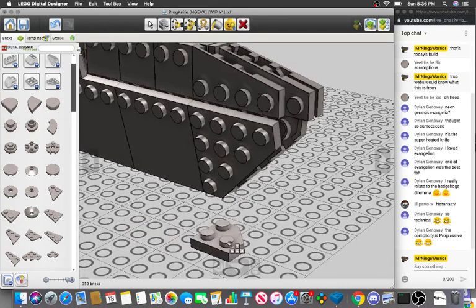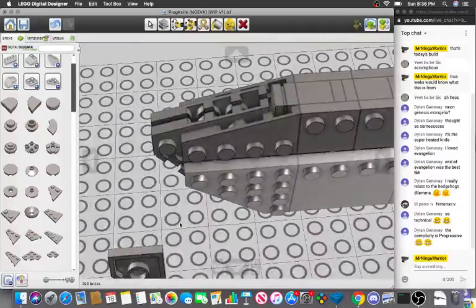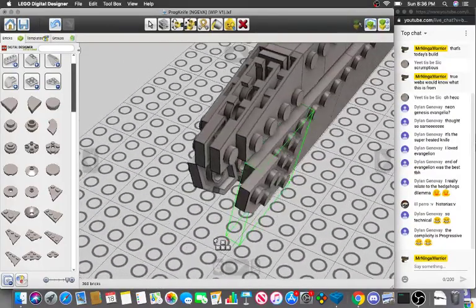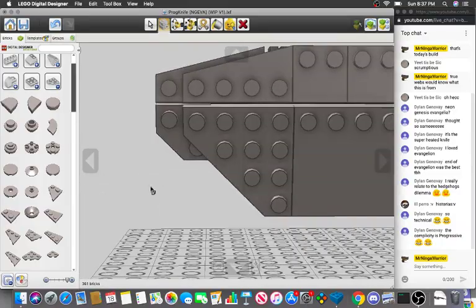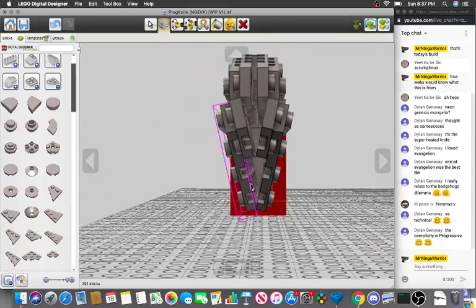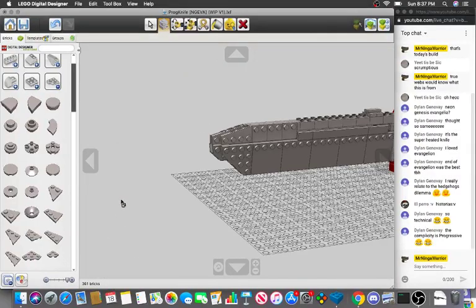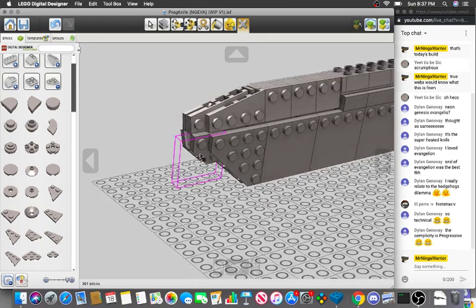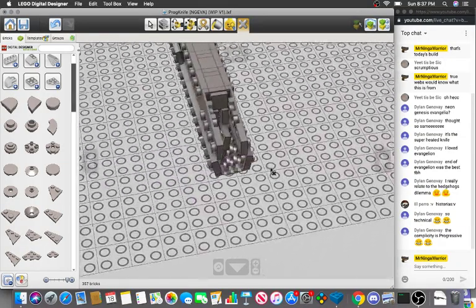We could go with the 2 versions of that and have it stick out a little bit more, like so. And then just never look at it from this angle. Oh gosh, it looks bad. I hate it. So take and delete that maybe,